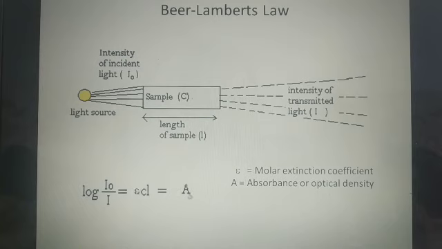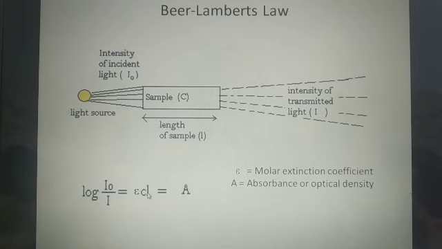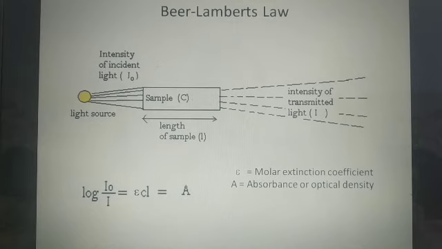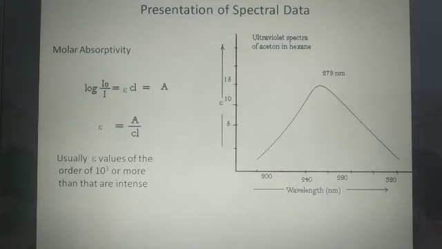So absorbance is proportional to C, absorbance is proportional to the path length, but equal to epsilon into C into L. Epsilon is the constant of proportionality. This is termed the molar extinction coefficient, or also the molar absorptivity. No more details here, because we only need A and epsilon for the purpose of UV and visible spectroscopy. So that was the need to discuss Beer's and Lambert's law.